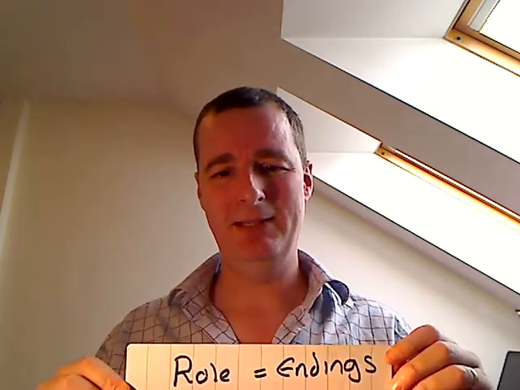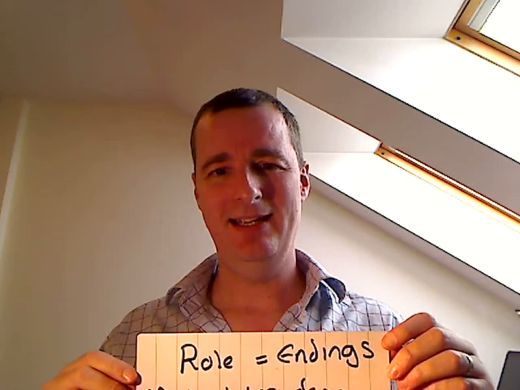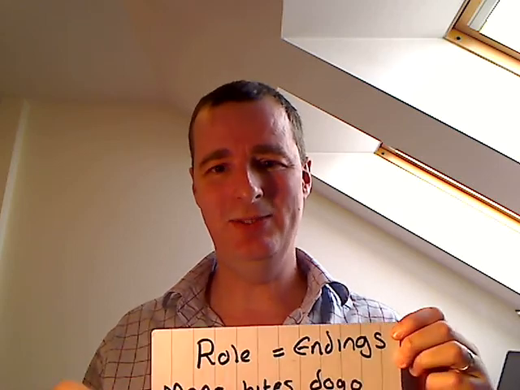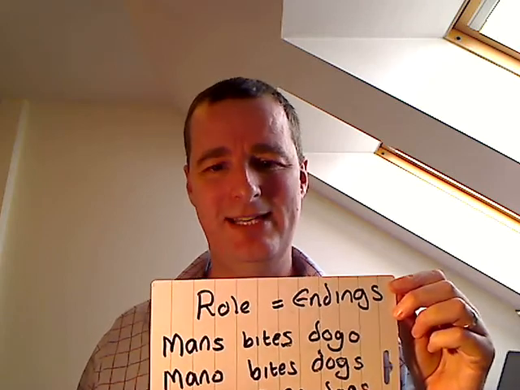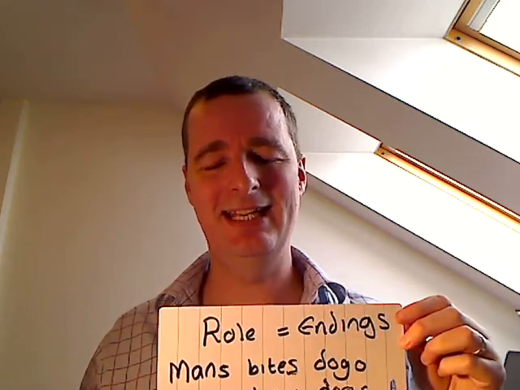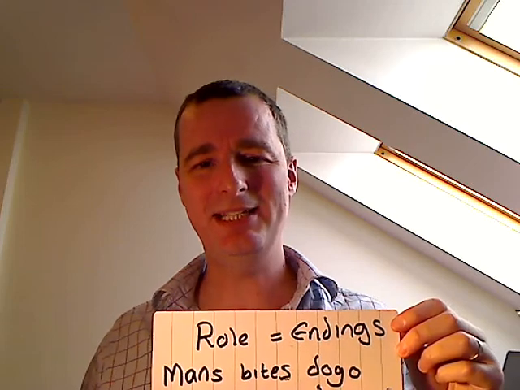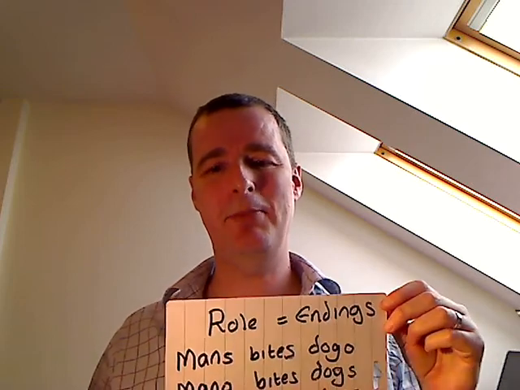In that case, then, how do you know who's doing the stuff? Well, in languages that don't rely on word order, they usually work by changing the spelling of the words. And most typically, the role that something plays is shown by the ending of the word. Now, to simplify this, let's say that the subject of a sentence always has a letter S on the end in English, and the object always has letter O. So now, man's bites doggo